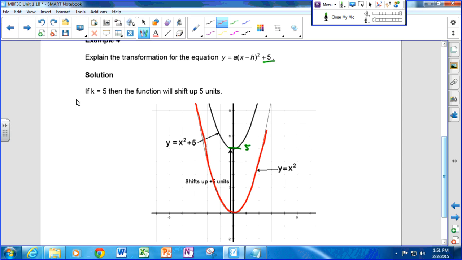And then the inner one, which I'll outline in green, is just y equals x squared plus 5. So our a is 1, and our h is considered to be 0. Our k, which is what we're interested in, is plus 5. So it just shifted the whole parabola up 5 units. Hopefully that's a little easier to see. Now you could find where it'll say x squared minus 5 or x squared minus something, and all that means is it shifted it down.